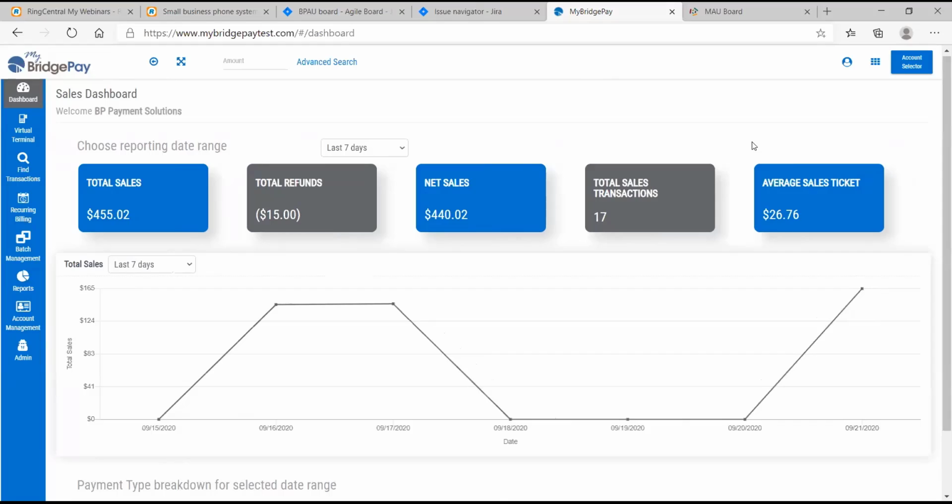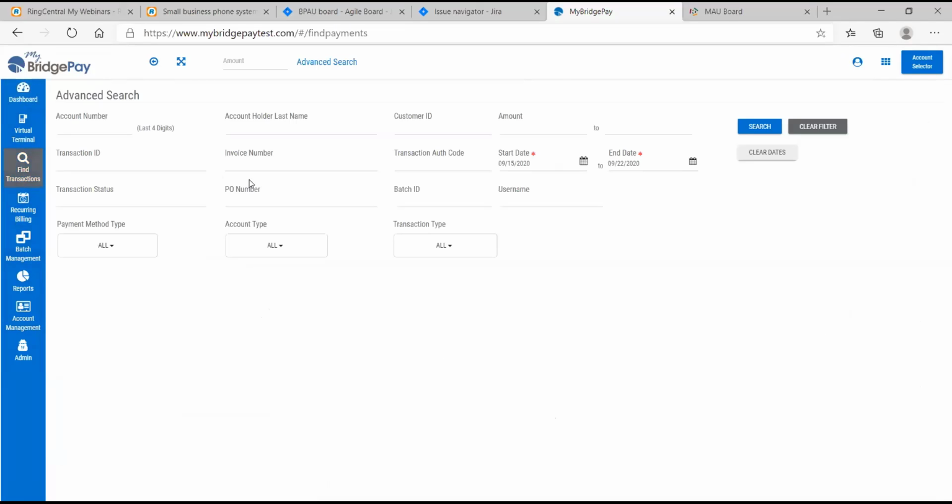on. So having said that, as you can see, we've changed a few things. Our navigation menu is now on the left-hand side, and it is collapsible and expandable, again, depending on your preference. You can view this on a tablet or a phone, as well as your computer or laptop screen. Our categories on the menu are virtual terminal. We have advanced search, find transactions, and then we also have a quick search up here if you're looking for